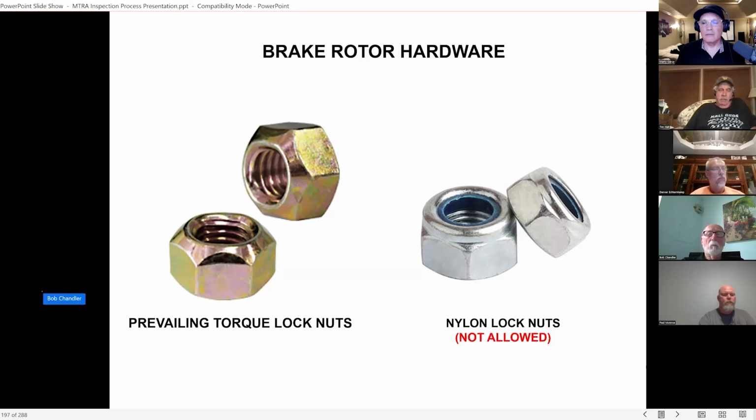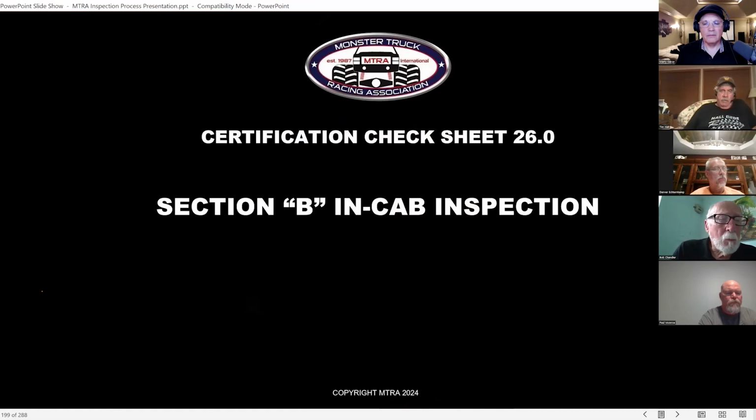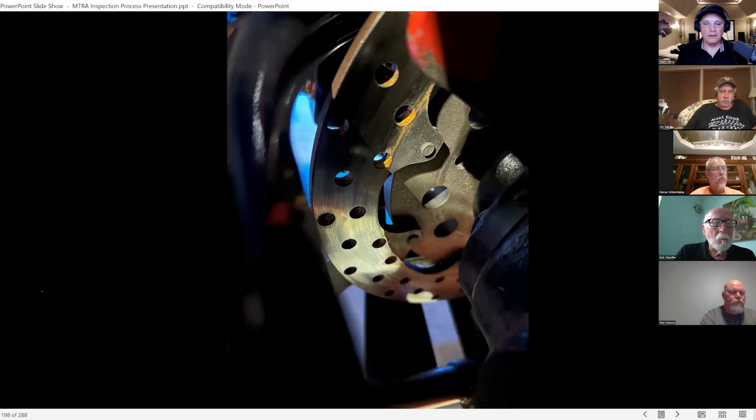Take a good look at those pads and make sure that there's not too much caliper or too much piston sticking out of the caliper, like it's about to fail. Make sure all the bolts are there. Make sure that those pads aren't touching at the top. Look at those vent holes. Some rotors are drilled with vent holes like that. That's a common cracking point. Those rotors can start to crack in those holes, and then they're not far from failure after that. So pay a lot of attention when you're looking at the brakes, especially these trucks running in arenas. Walls come up fast, and we don't need